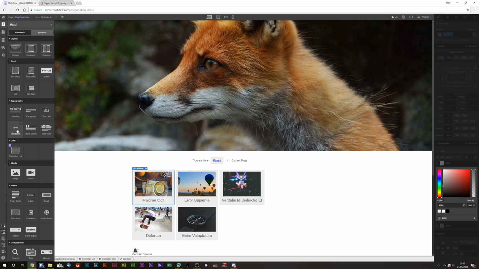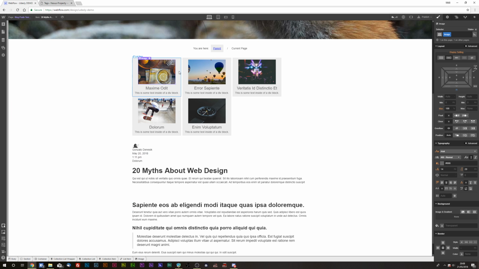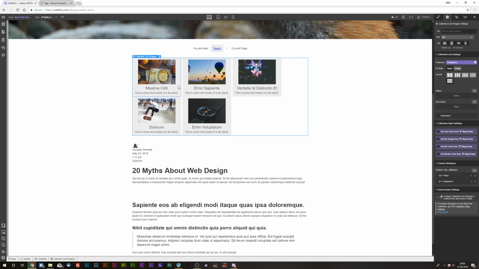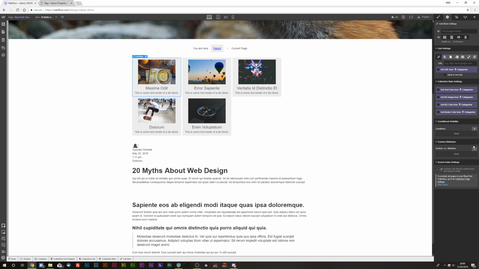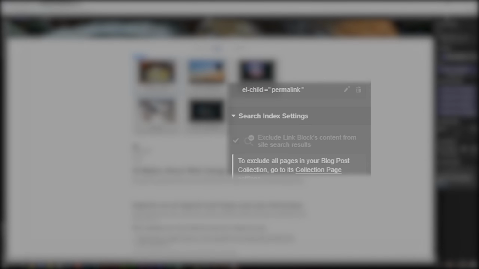And then we could go ahead and add a text block again into there for our description. And then what you want to do is add all of the attributes so we can populate it. So if we select our collection list wrapper and add the WP attribute and blog, and then add element and then categories, and then we can select our link block and add the element child and then permalink, and